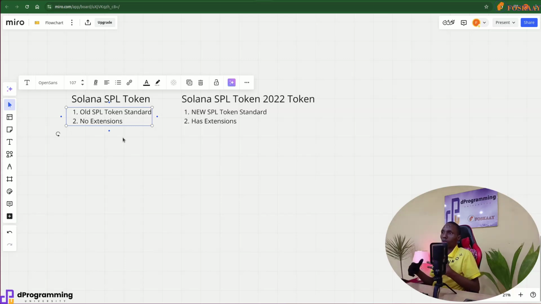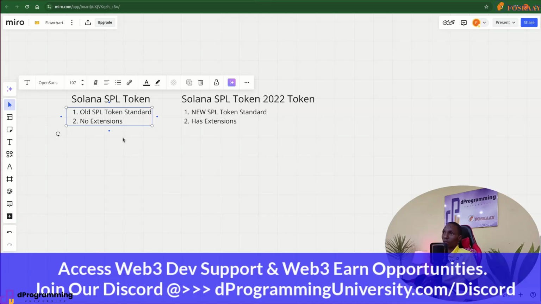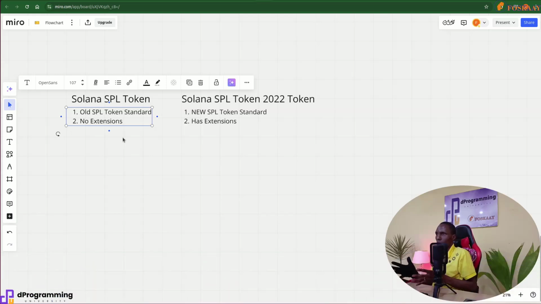In the coming video, I'm still going to talk more about Solana Token 2022 and token extensions. But what you just need to know is, normally when you have a browser and then you have an extension, that means features that are missing are added to make it easier for you to use natively within that browser. So when you are interacting with the Solana Program Library token program, you can add extensions to it. That means you can integrate some features that are not default, but that a lot of people, businesses, and users of the Solana blockchain have been requesting for years, and most of the time the developer had to find one or two ways to add those features to it, which